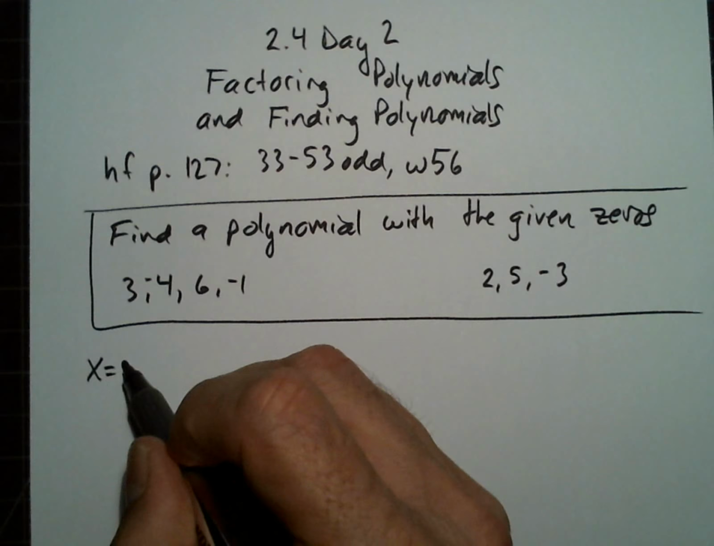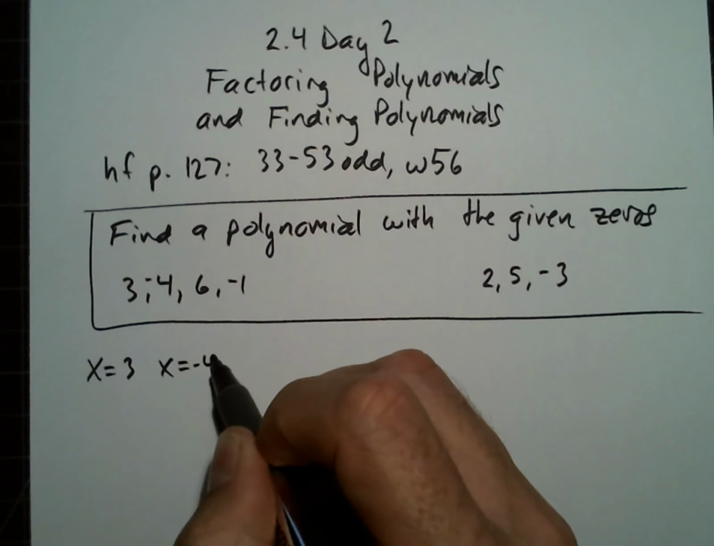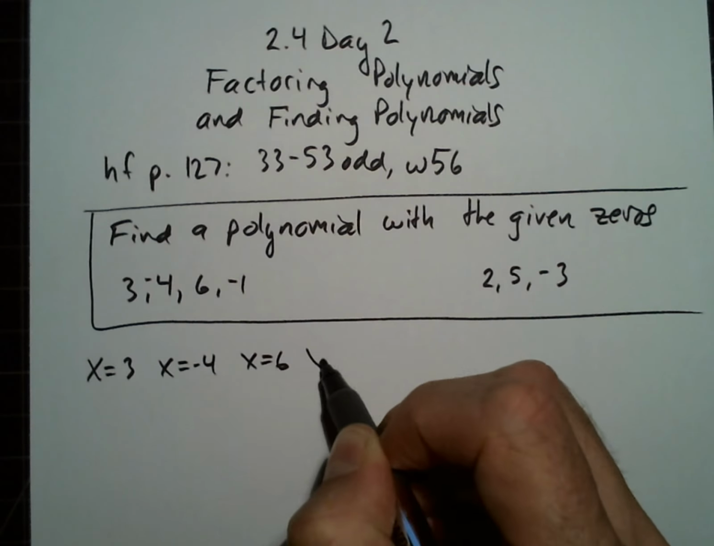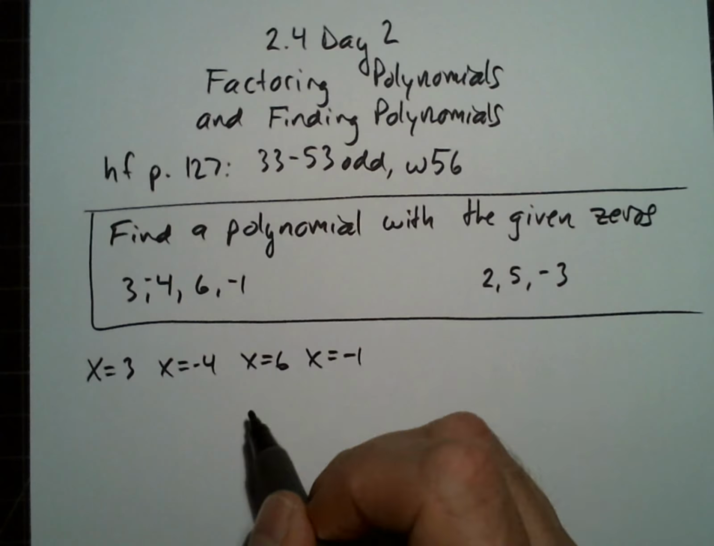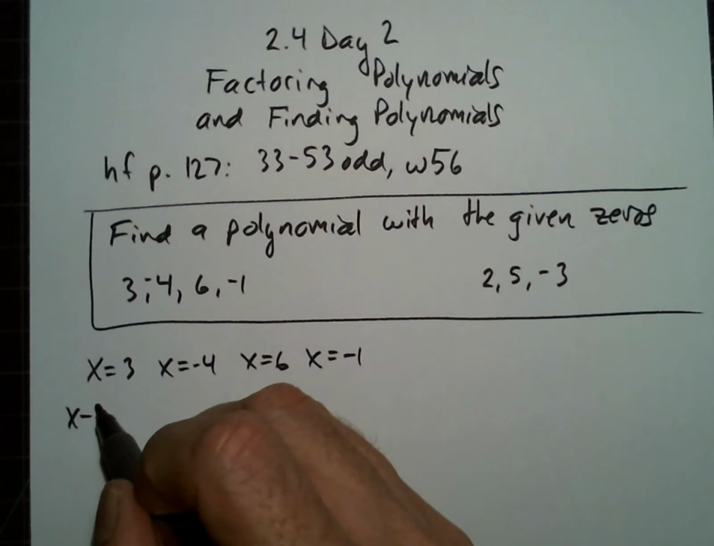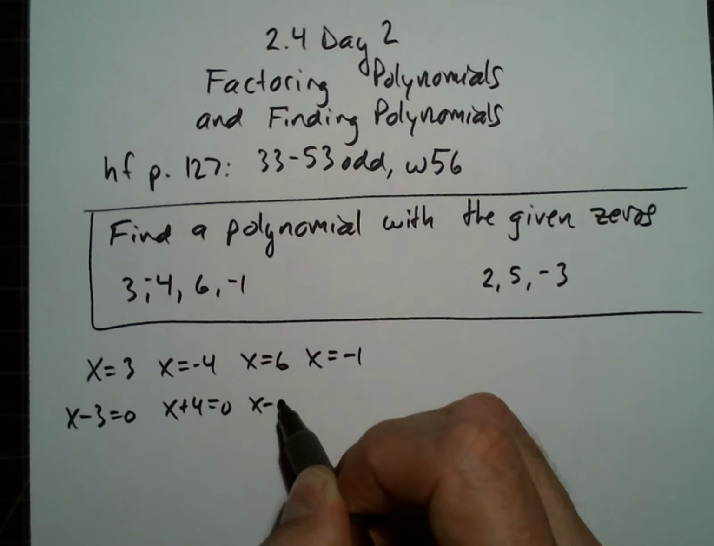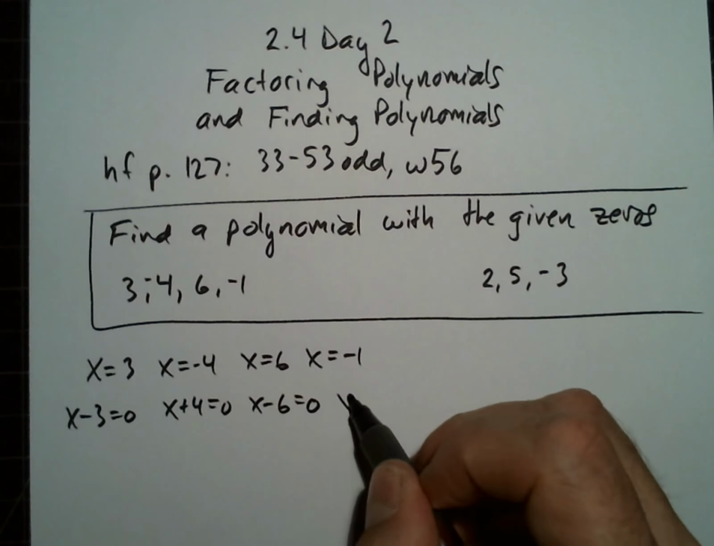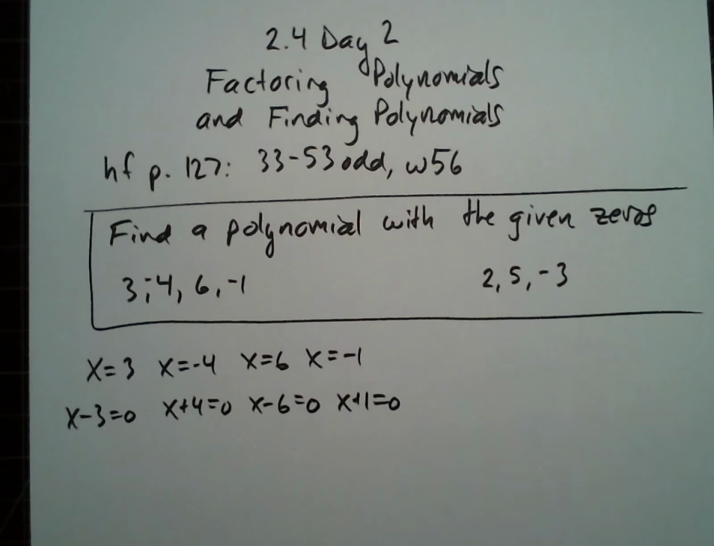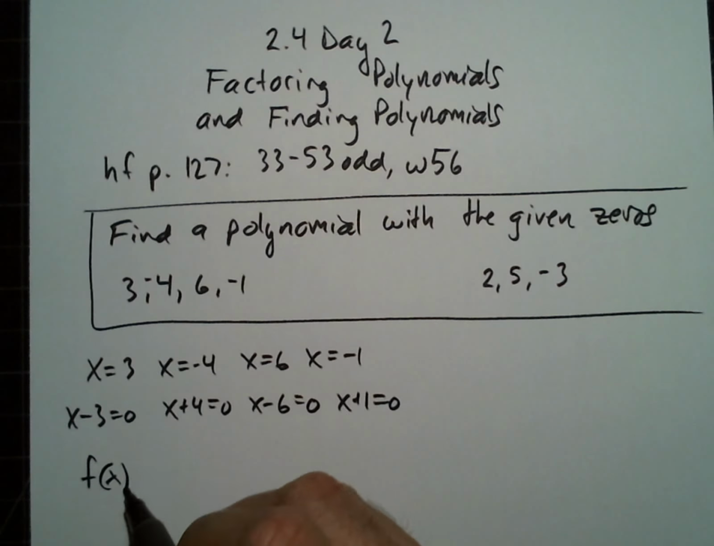So if we say that these are zeros, then we can just subtract. These are the steps we'd use in factoring, but we're doing them in reverse order. So now we can say there's a polynomial